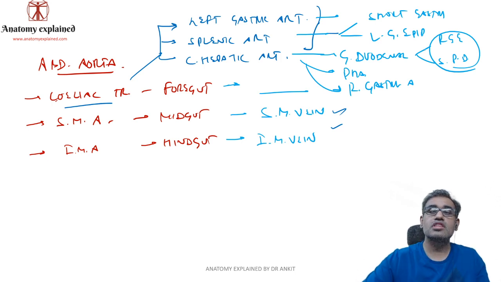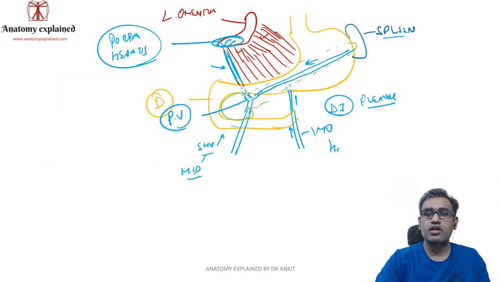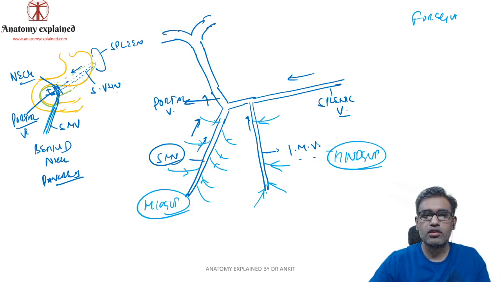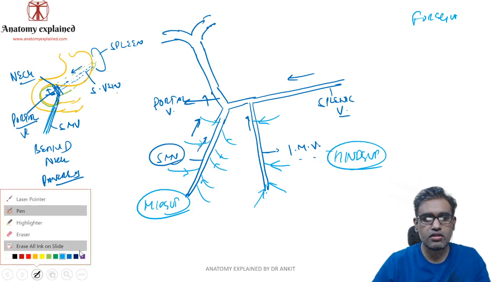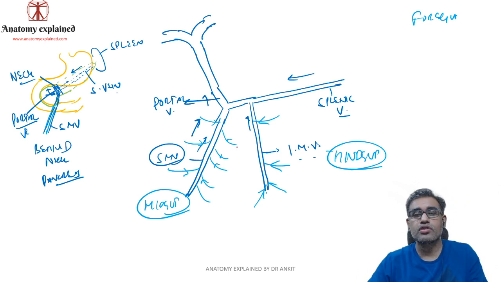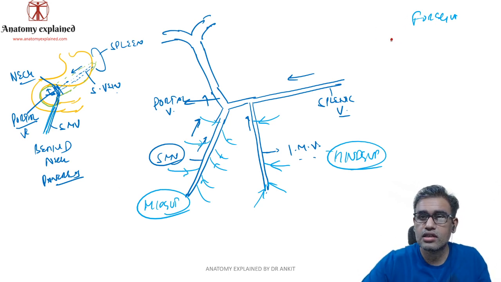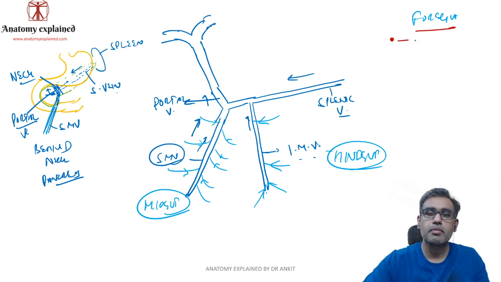But the problem is, what about these veins? Splenic artery, we have the splenic vein, fine, but what about the others? So let us try to understand in this particular diagram how things are happening. Let us try to complete these foregut veins with some different color. Let us make these veins with this red color, just for a change. This color is denoting the veins related to the foregut. So splenic vein is the vein of foregut.